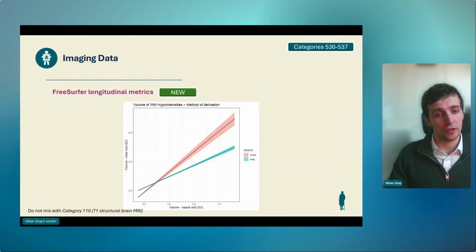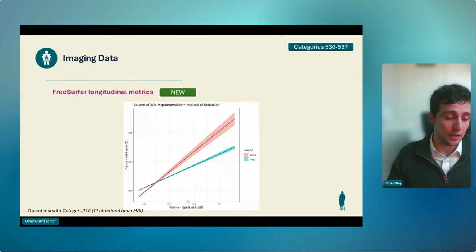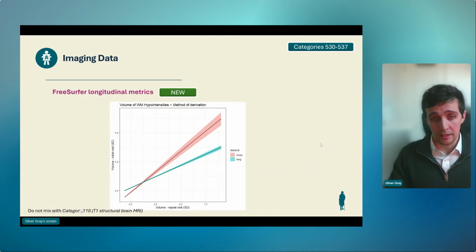I just want to give an illustration of some of the differences between the longitudinal and the cross-sectional data. Here you can see the correlation between the volume of white matter hyperintensities derived from the repeat visit scan and those derived from the initial visit scan. And additionally,